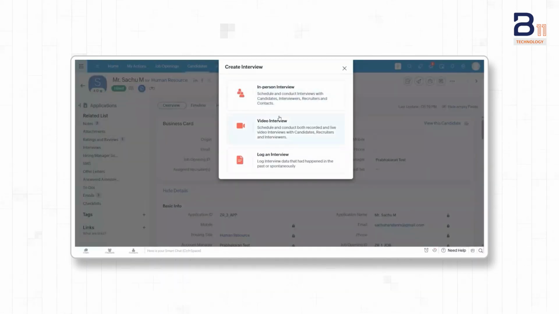It will ask for three types of interviews: in-person interview, video interview, and login interview. In-person interview means you just want to schedule something, but the meeting or interview will happen in person. Then video interview, the virtual interview. You need to buy credits for a video interview in Zoho Recruit. If you don't want that and you already have a meeting account, you have to embed that link